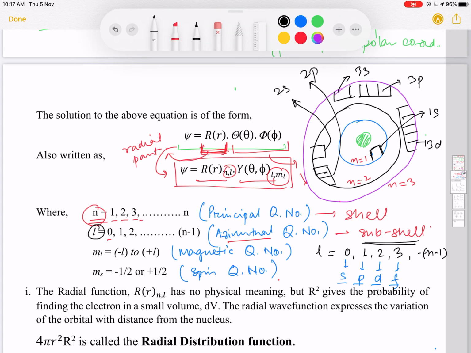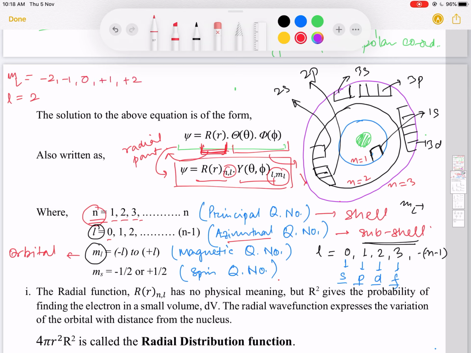Now see the next quantum number, it is the magnetic quantum number, ml. It tells us about the orbital, meaning in which orbital the electron is present. For ml, it will have values from minus L to plus L. Say if L equals 2, then ml values will be minus 2, minus 1, 0, plus 1,